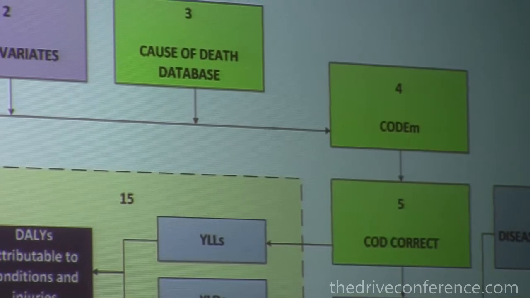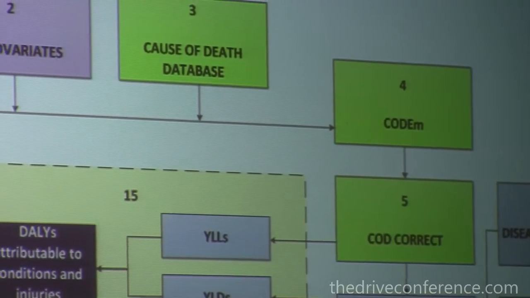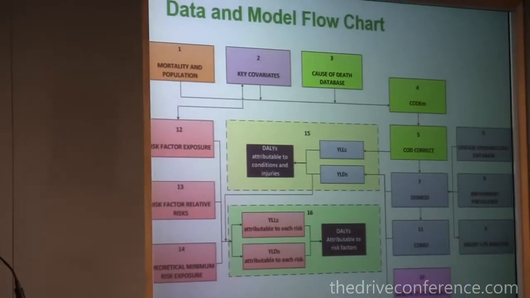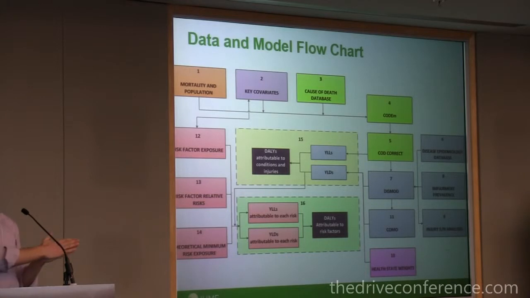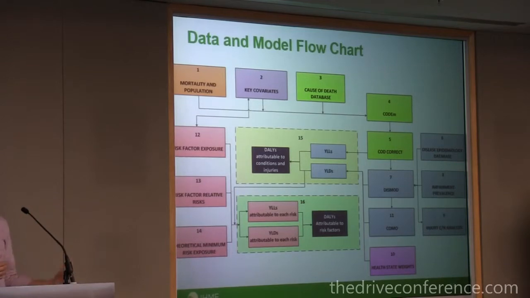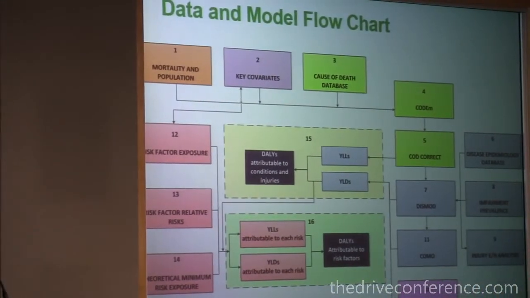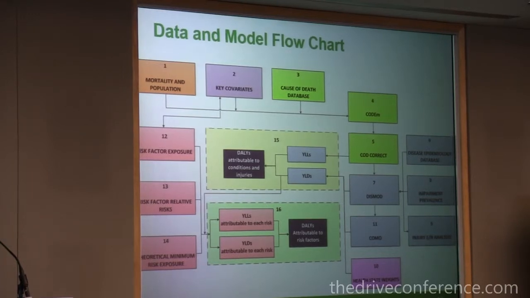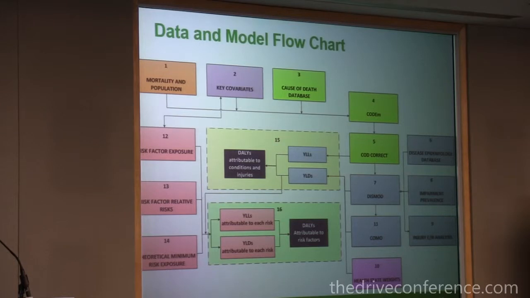So CODEM is an approach to cause of death modeling that we developed over the past couple of years. For cause of death we have quite a lot of data, right? Over time, we go back to 1980 in our cause of death database, and so we have a lot of data points for different causes. However, to develop the actual estimates and try out different models, we have developed a new approach to predictive validity, where we come up with several models that you could use to predict causes of death for a given cause in a given geography. And you use for that the actual cause of death data. You can use covariates, you can use regional patterns, and you can come up with various constellations of that.